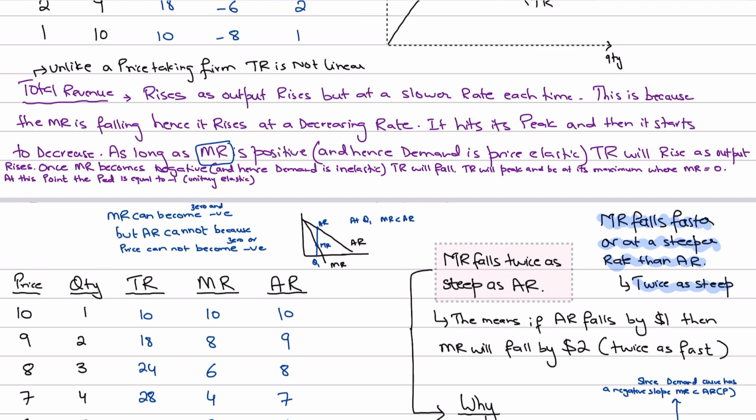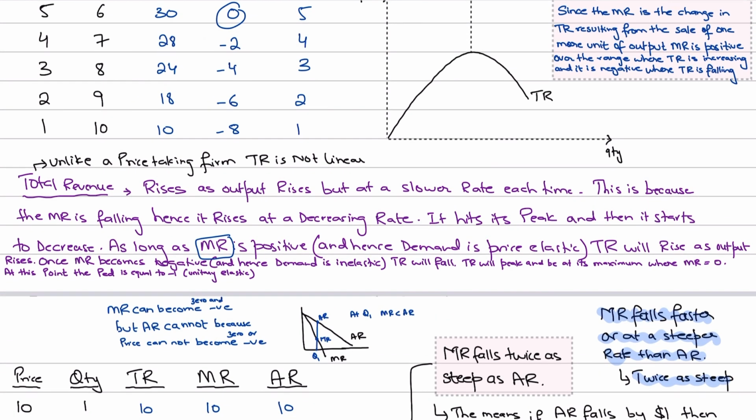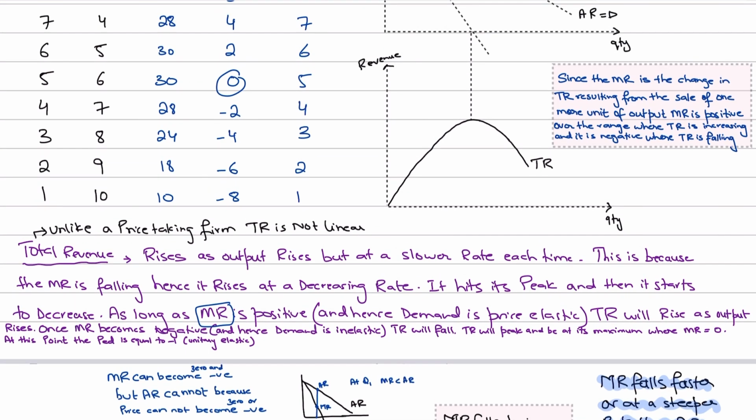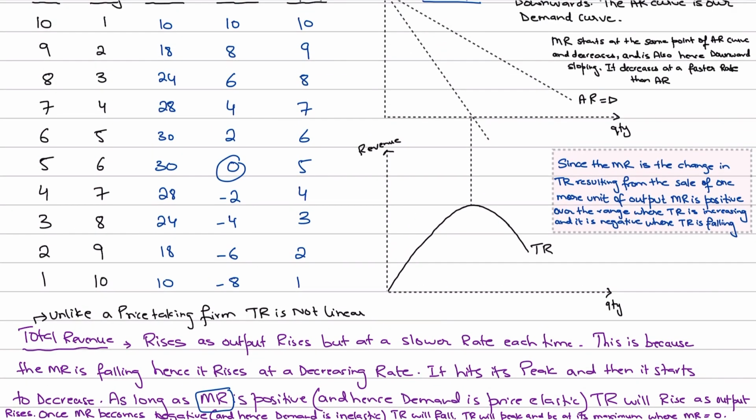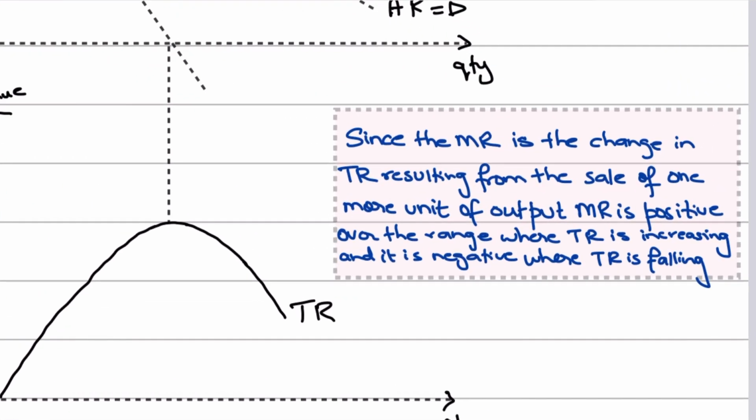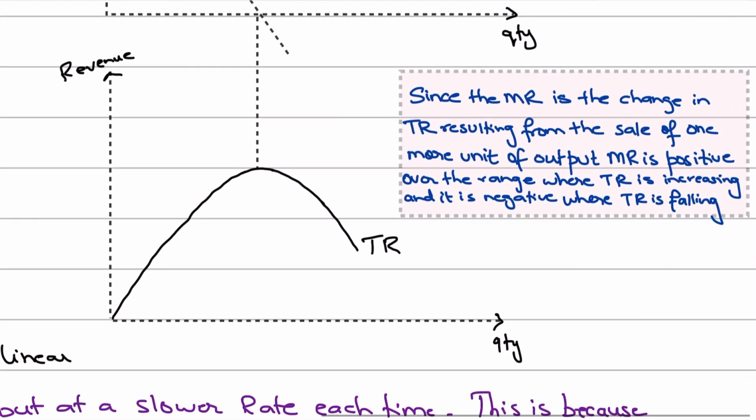So total revenue is peaking when your MR is zero. And okay, so guys, an important thing that I need to also tell you is what I've written here as well. Since the MR is basically your change in total revenue resulting from the sale of one more unit of output, MR is positive over the range where total revenue is increasing, and it is negative where total revenue is decreasing. In the range, meaning the range of output, where total revenue is decreasing,